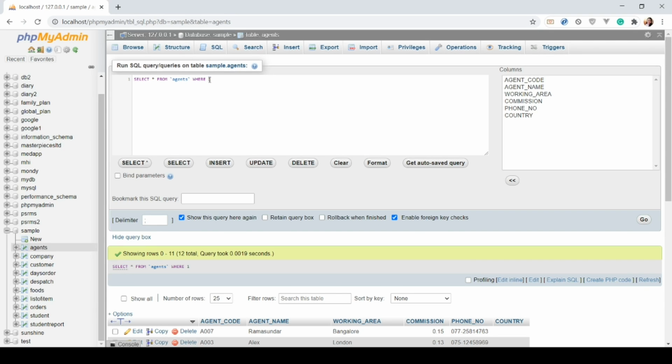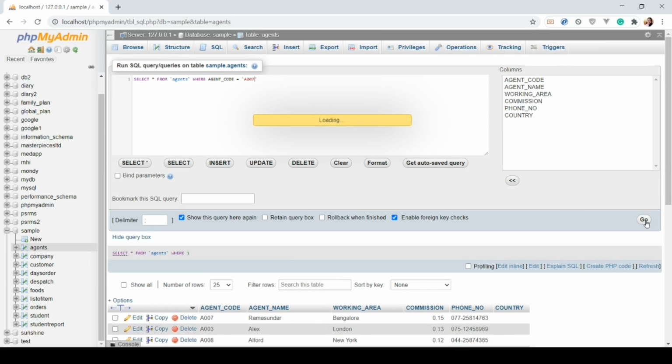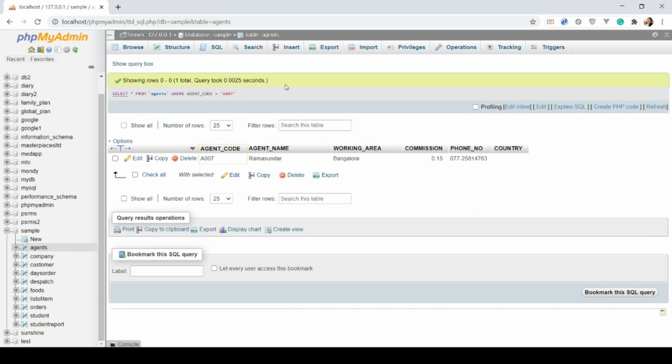So where agent code is equal to, since it's a character, let's use a single quote A007, and so you will see a record there for agent A007.